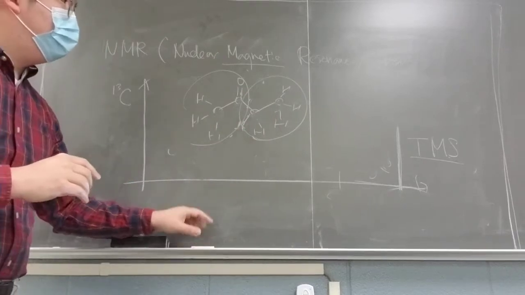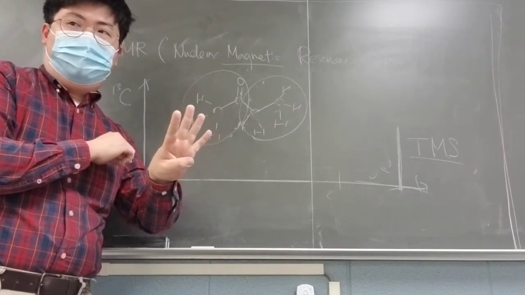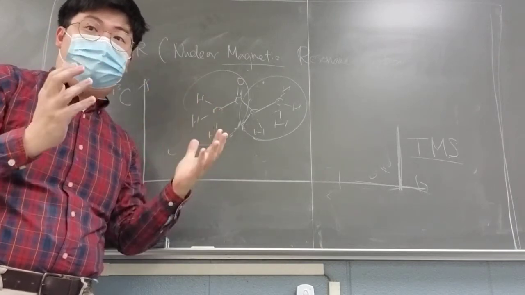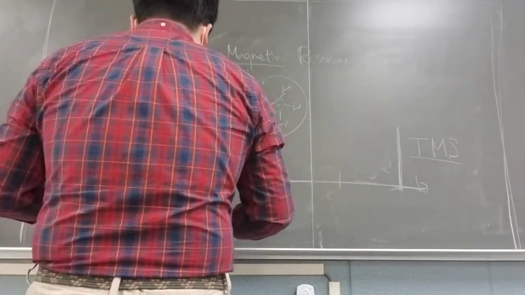So that makes four different peaks on NMR, because each carbon in this compound will have a different environment there. Okay? So if that is the case,